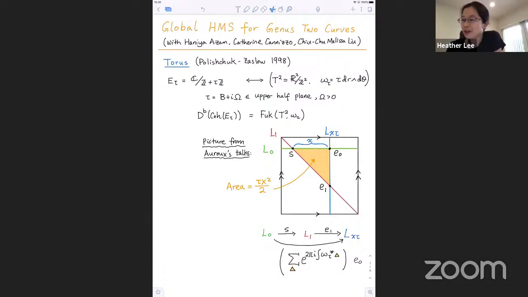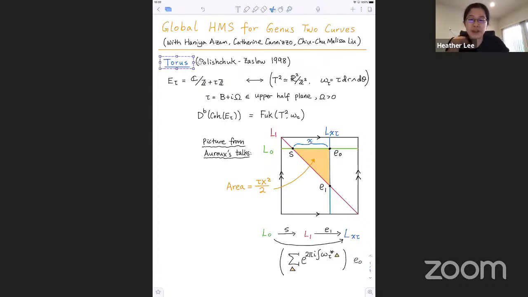So we want to talk about homological mirror symmetry for genus 2 curves. Before we get to that, let's first talk a bit about genus 1 curves, which are 2 tori. By curve, I mean a complex curve, so a real surface. There are 2 reasons I want to first introduce this genus 1 case before moving on to genus 2. One is that this is simpler, so it serves as a nice introduction to